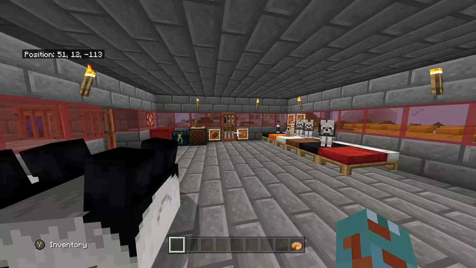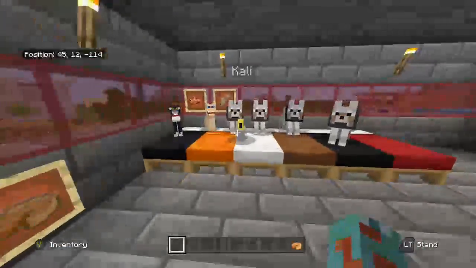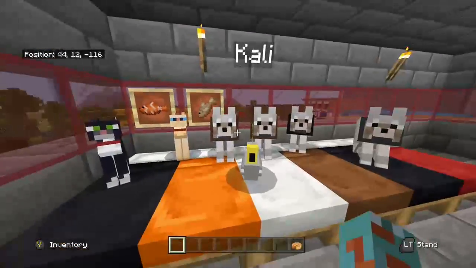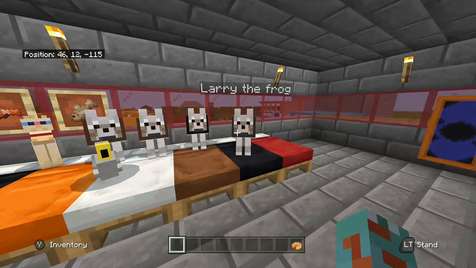All you saw was all those dogs, and yeah, I just moved them to the dog room, which makes more sense. Of course, you have the two cats and the bird here. Callie and Lola are with me right now in real life. And then, of course, you got the dogs here and Larry the frog, which there's no frogs in the game